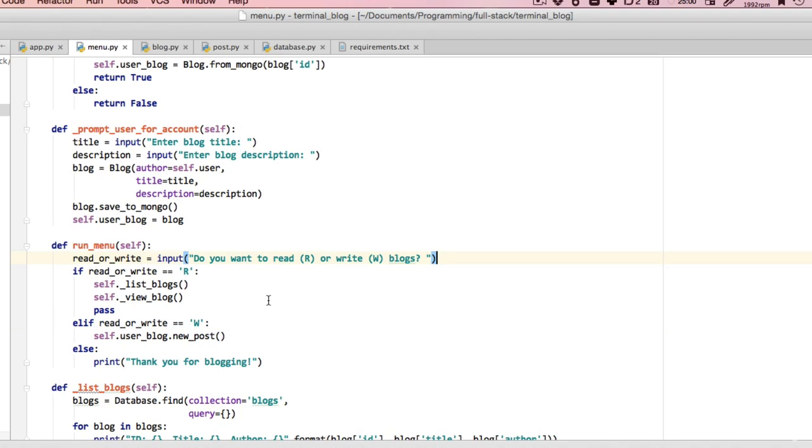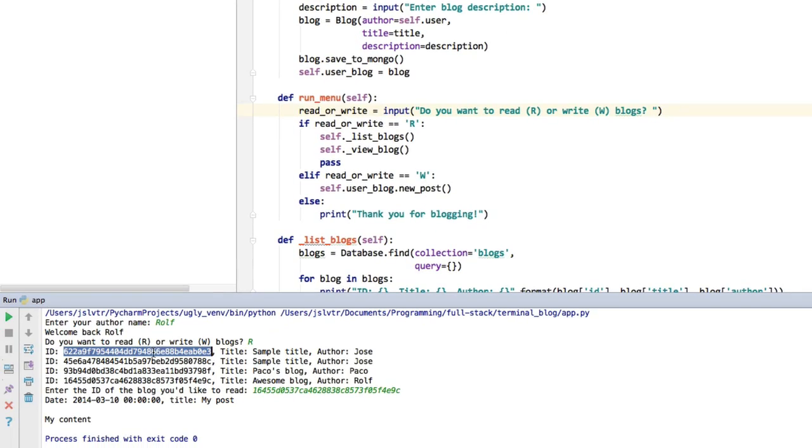Or we could improve the way to select a blog. Instead of having to copy and paste the ID, we could do something different, like use a title or have a shorter ID. The date could be displayed a bit better, especially if there is no time. I'm not really interested if it was created at midnight. So there are a lot of improvements we can do, but the purpose of this section was not to